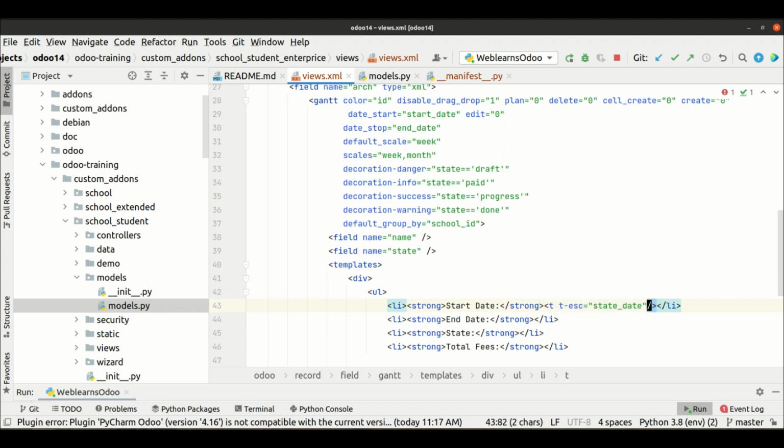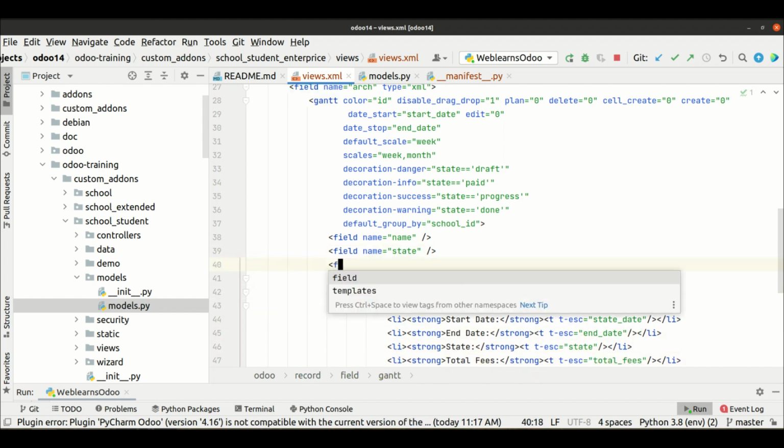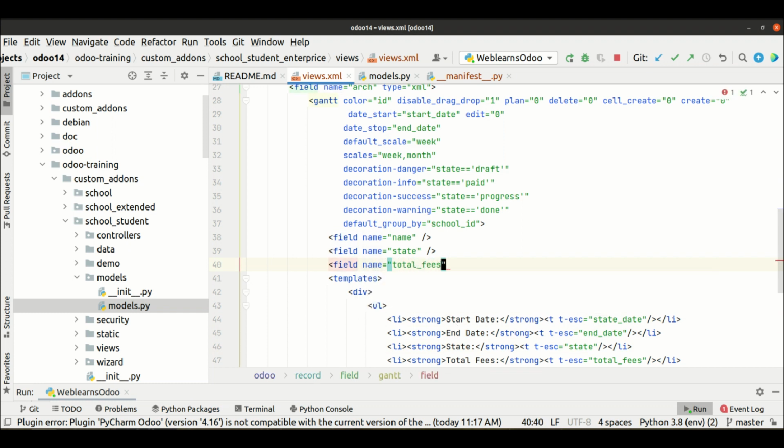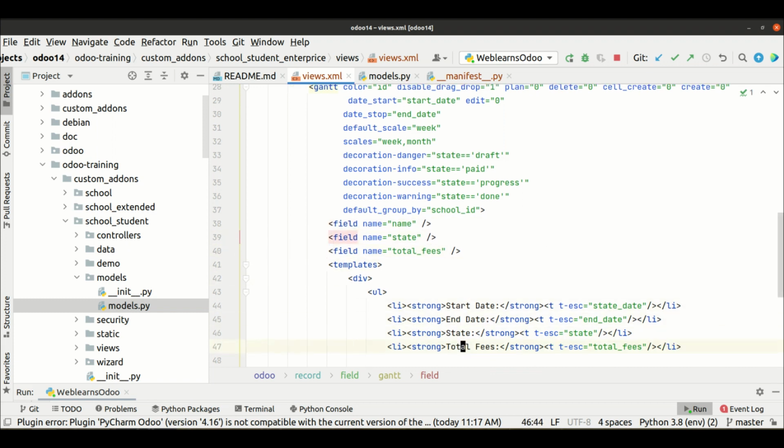Sorry, let me close like this. Then after the stat, simply I will use here total_fees. All the fields should be registered here, like total_fees, stat, and the name field is available, right?